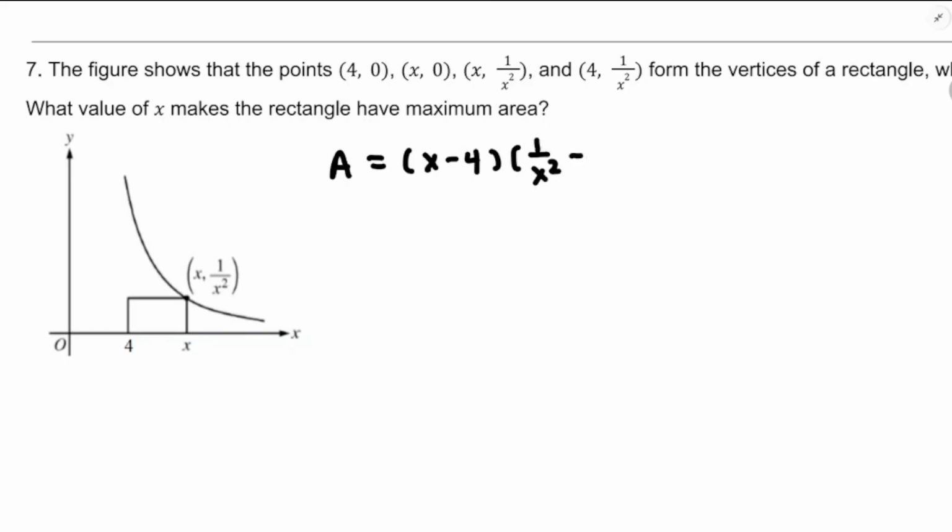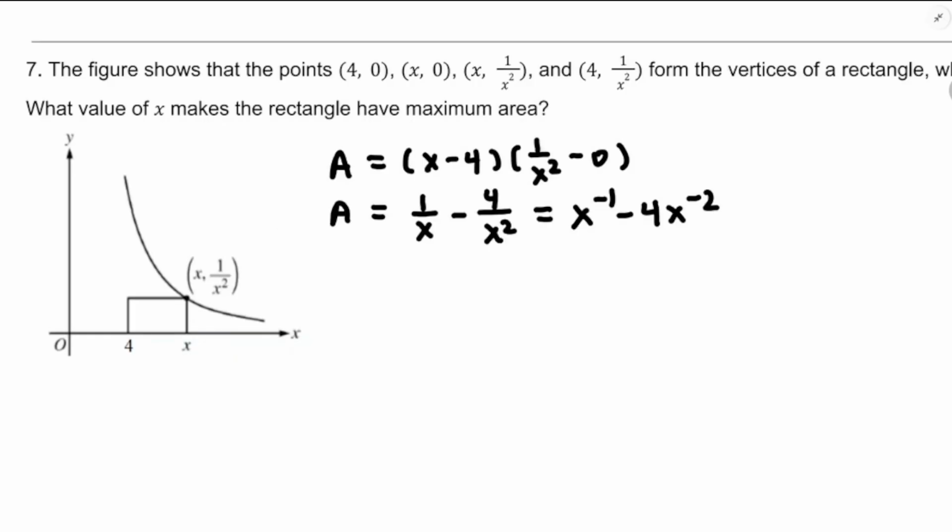And the bottom is the x-axis, which is y equals 0. Okay, and I'm just looking at this expression, it looks like it wants me to multiply it. So I'm going to have x minus 4 divided by x squared. I think I'm going to want to call that 1 over x minus 4 over x squared, though. And maybe I'll just, because I know I'm going to want to take a derivative, because that's what we do around here, I'm going to rewrite it as